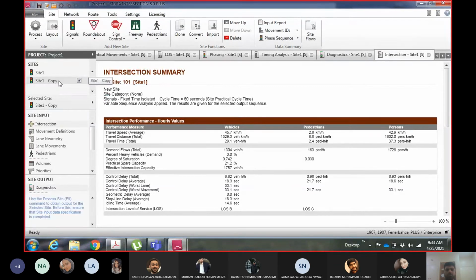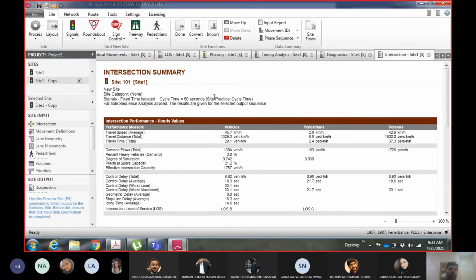See here, now it's the same site, site 1, but it is unprocessed for the time being. If you want to process it, you can process it. So in the same file you can have multiple sites. Site 1 is with the output files, and site 1 copy is without the output files because it is unprocessed yet.